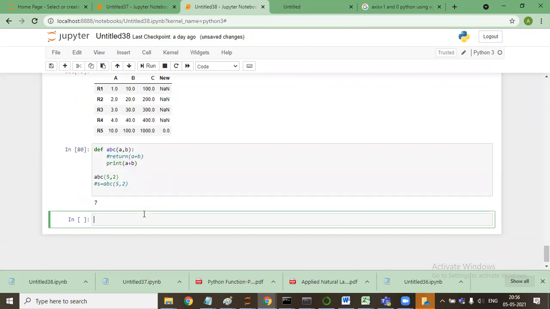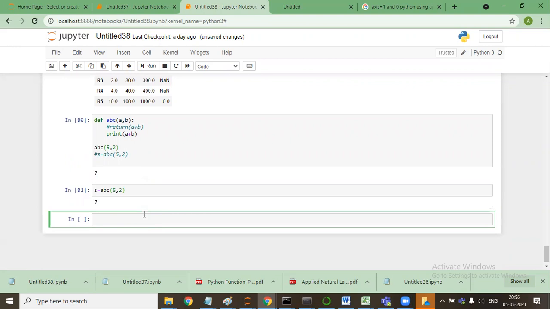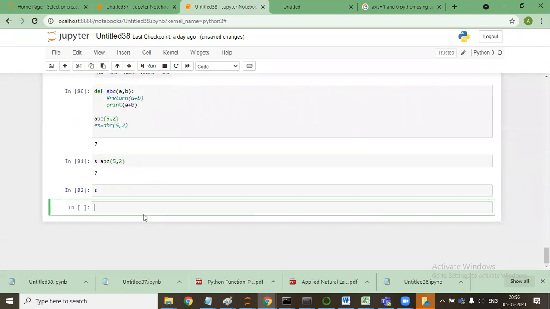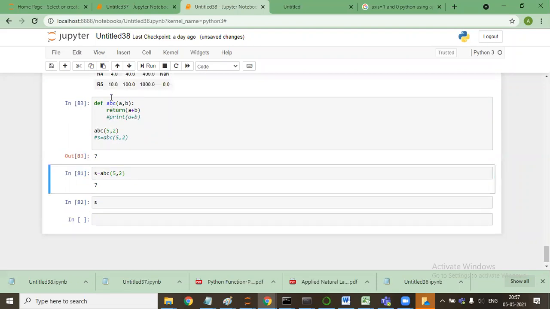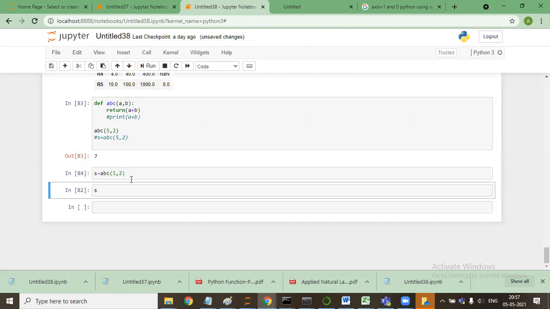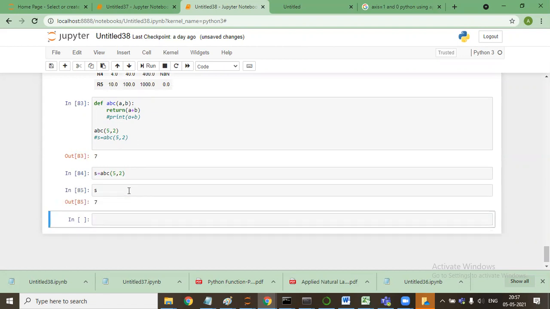Now if I say S is equal to ABC(5, 2), it will be 7, but if I say S, S will not give me any value. But if I remove this print and repeat the same exercise, it will give me 7. If I say S is equal to ABC(5, 2) and then ask what is S, it will say 7.